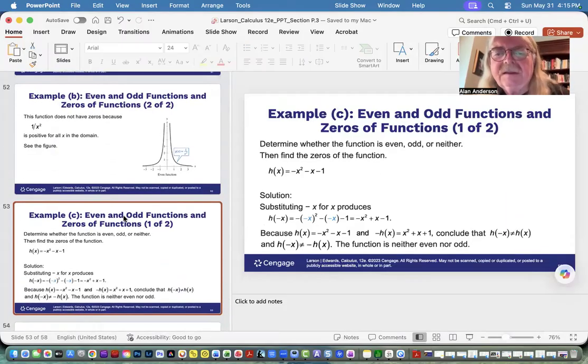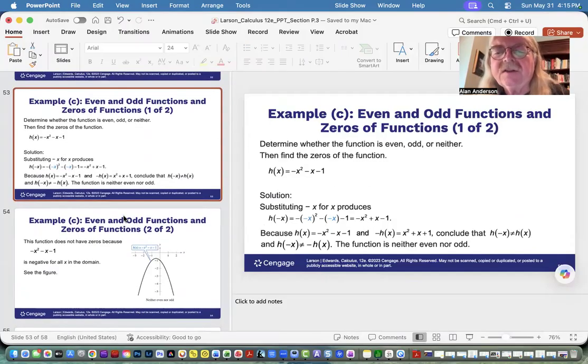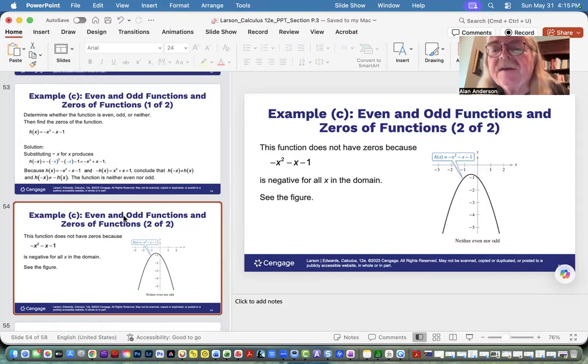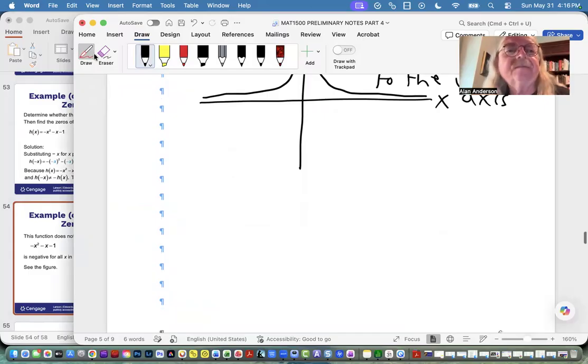what else do we have here? This is a case where it turns out to be neither odd nor even. But what's interesting about this one is that it doesn't have any real zeros, because you can see this graph here doesn't actually cross the horizontal axis at all. That's kind of a problem because remember, zero means where the curve crosses the horizontal axis. So therefore, what this actually means